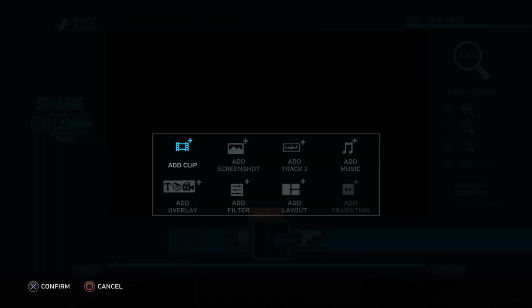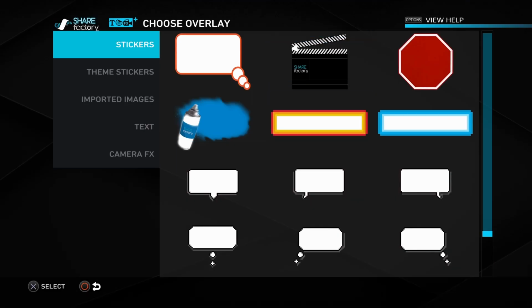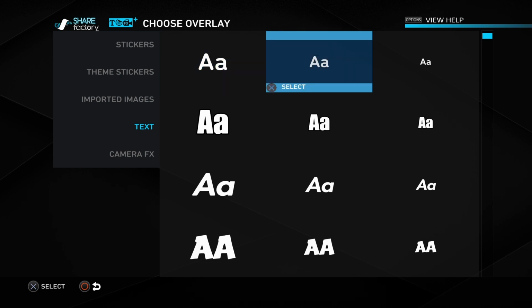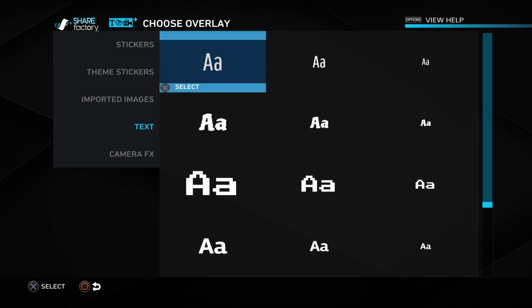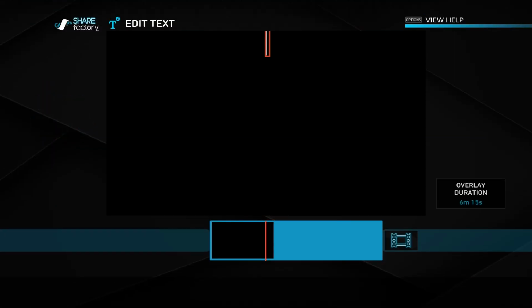So I'm going to press X and I'm going to add an overlay. Okay, so we have multiple types of overlay here on the left, but what I want to do is add some text. So we can choose the type of text we want. There's lots of different things around here. I'm going to go probably for something a bit old and sort of papery, which will fit with the Monster Hunter World aesthetic. And I'm going to call it